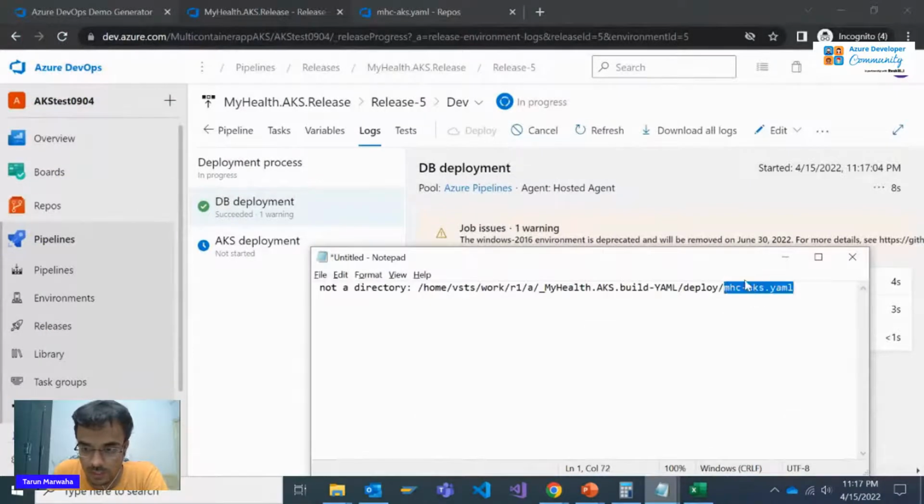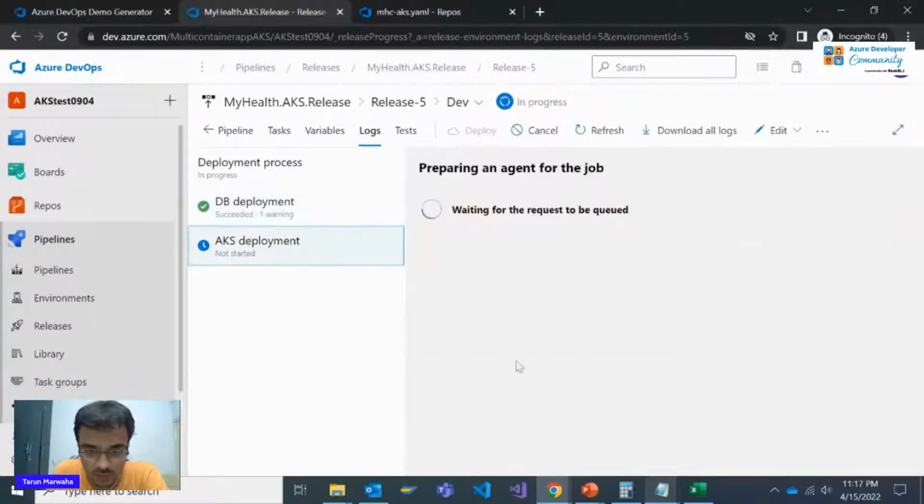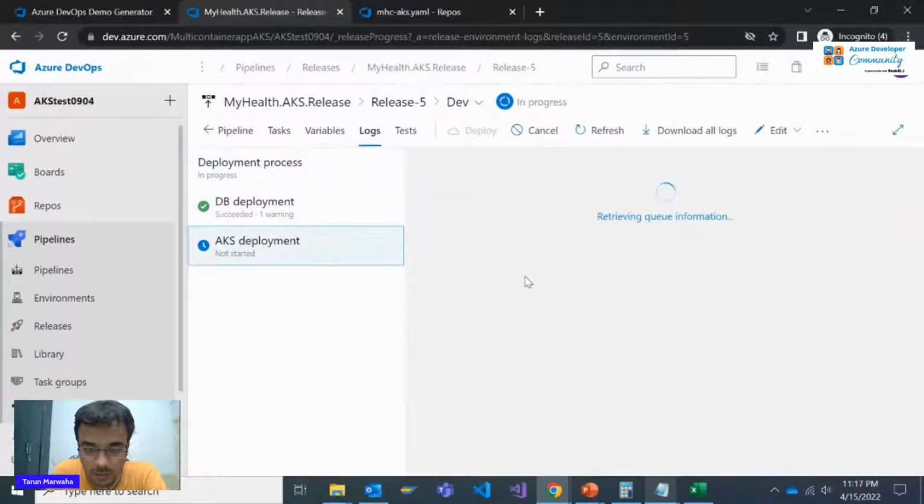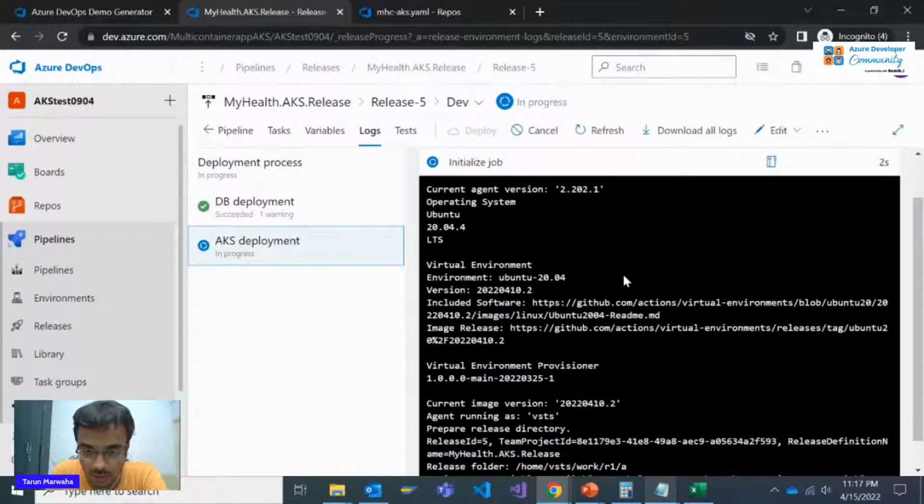The AKS YAML deployment is there. I'm not sure why it's not taking. It should not have any agent dependency, but the Ubuntu latest image